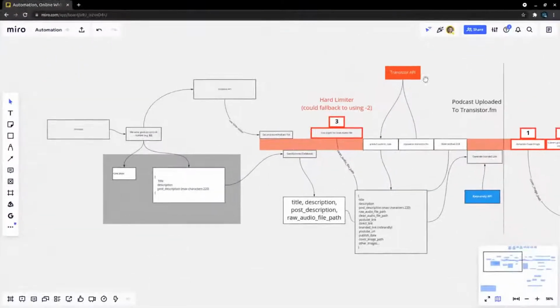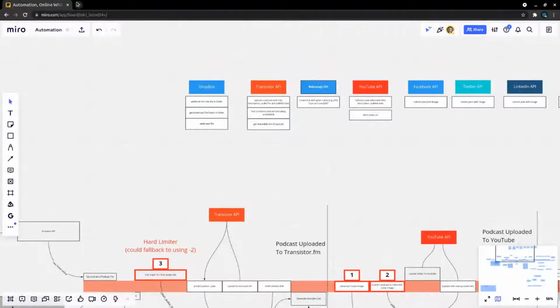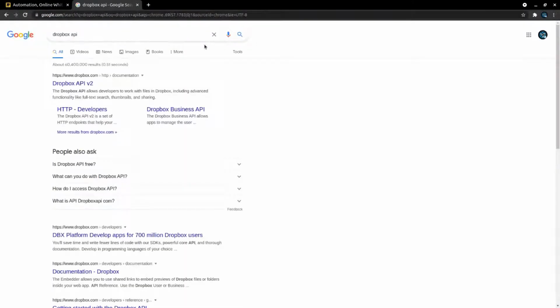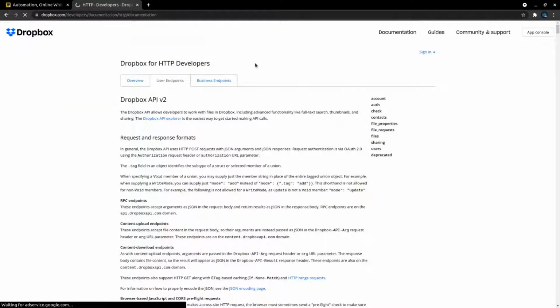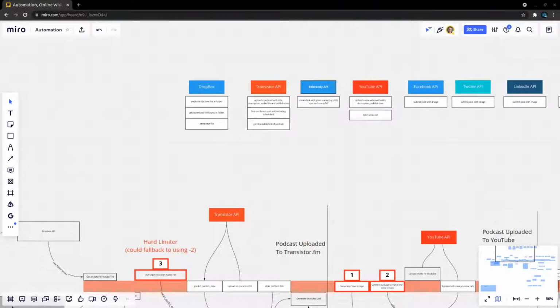What else am I doing now? The first thing we want to do is try and set up authentication with Dropbox. So let's go to Dropbox API, and find the developer place for Dropbox. It's going to ask me to sign in, so I might just sign in on the bottom screen. This is going to be the annoying part. Since I'm going to be dealing a lot with tokens, I'm going to have to hide things a lot.